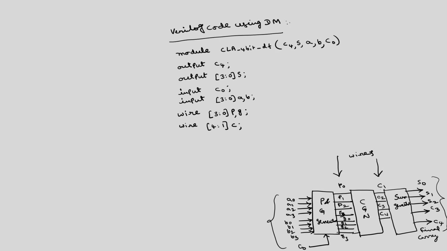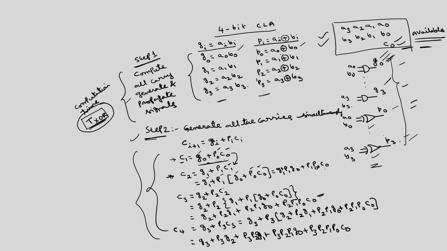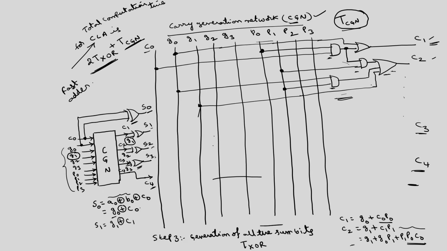So, what are the different keywords required to generate the first step? This is step 1, step 2, step 3. So, for step 1, what is there inside this circuitry? We know that these P's and G's will be generated using AND gates and exclusive OR gates. Okay. So, I will write assign. First, I will generate all P's. P0 is equal to, so what is the expression for P0? P is an exclusive OR operation, G is an AND operation.